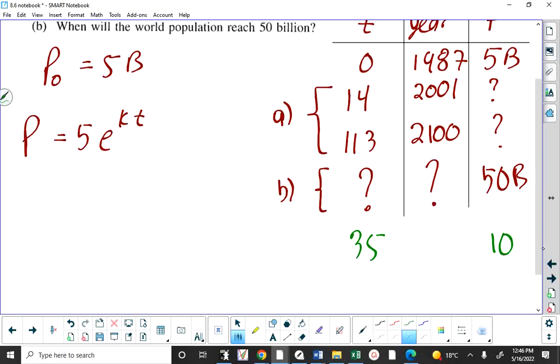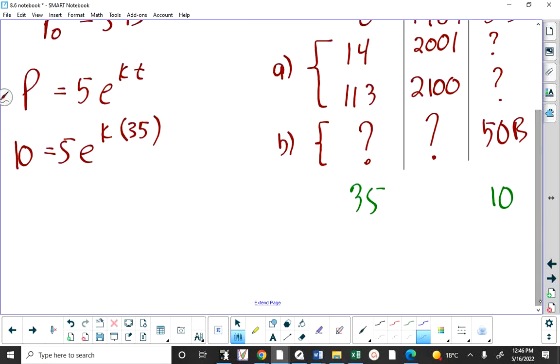Okay. So I'm going to put in 10 here for p, 35 in for t. This will allow us to find k, which cracks the case wide open. We'll be able to solve anything once we know k. Rearranging this, dividing both sides by 5 gives 2 equals e to the 35k. And if I take the natural logarithm of both of these,